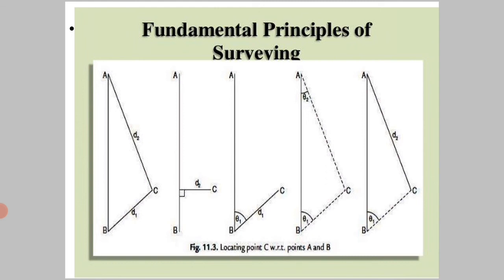So figure first shows taking linear measurements from points A and B for C. Then figure second shows the linear measurement of the perpendicular from D to C. Then figure third shows a linear measurement from B and one angular measurement